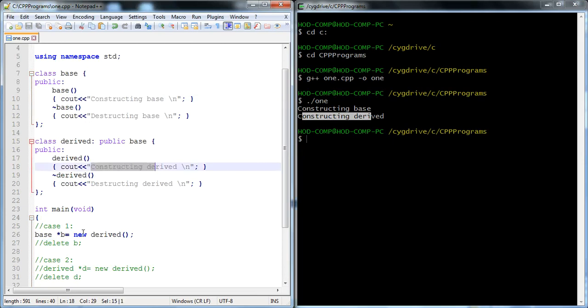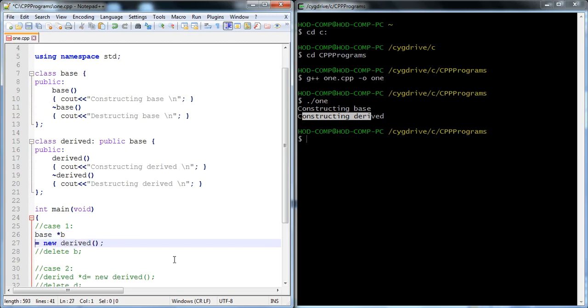It calls the constructors because we create the base class pointer and assign the derived class object to it.